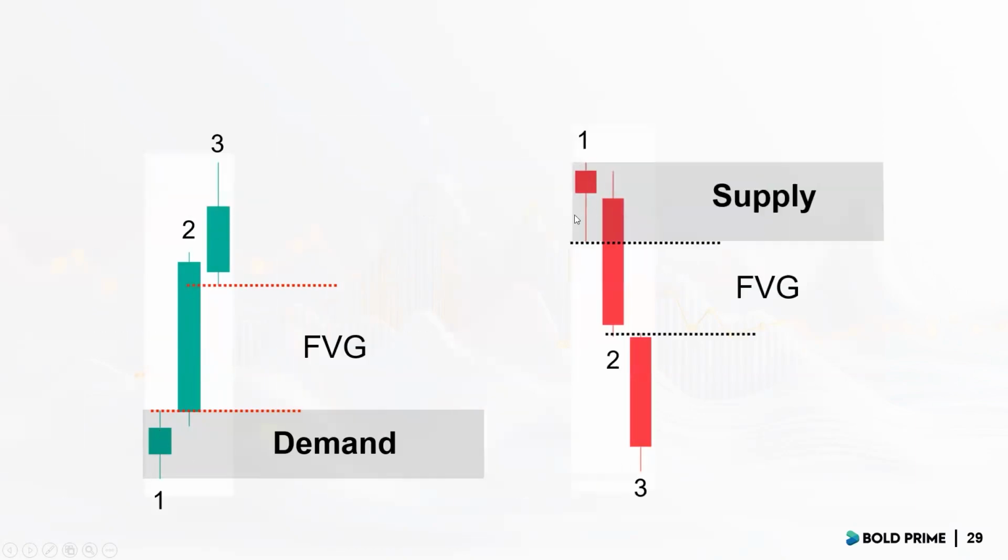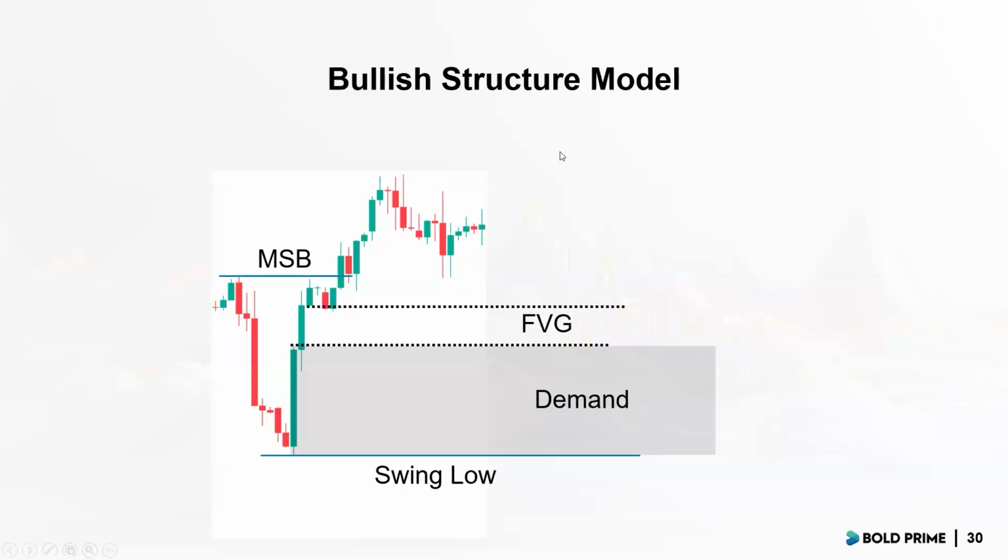Bearish side, the first candle creates the supply zone. Very simple. Okay, obviously this is the foundation aspect of things. As you progress and you move forward as a trader, then you start to learn a little bit more advanced principles. Okay. So coming back to the model itself, right?